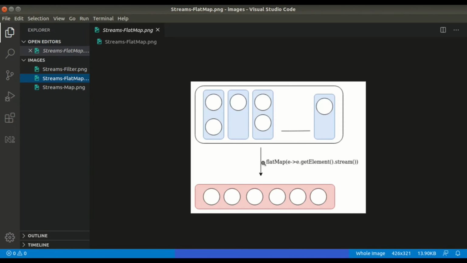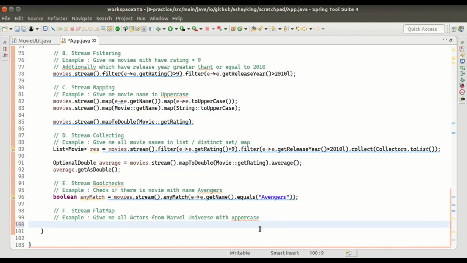So what I do is use flat map on the movie element, extract out the actors from it and use their stream, and then on this new stream I apply the next operation. So let's check it in action and see how we are doing it.